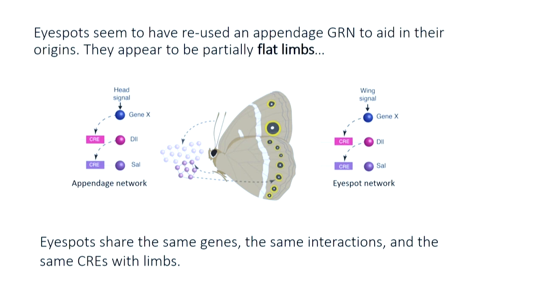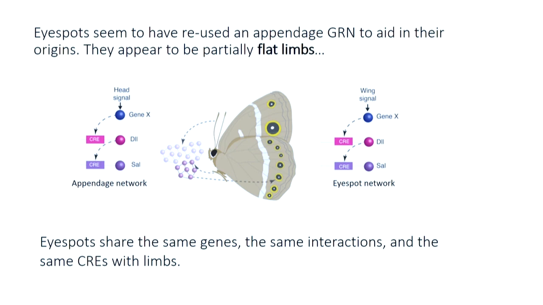It involved this specific CRE of Distal-less, this specific CRE of Spalt, and this little group of regulatory elements and their associated genes got co-opted as part of a co-opted network and got redeployed in evolution to produce these eyespot patterns. So eyespots share the same genes, the same interactions, which I have not shown you, and the same CREs